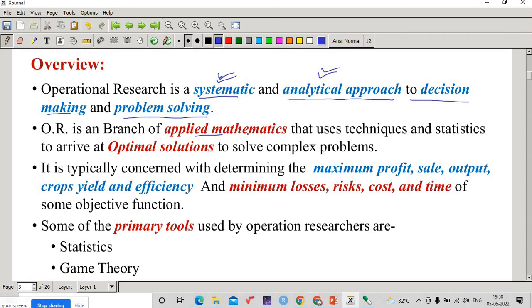OR is a branch of, obviously, applied mathematics that uses techniques and statistics to arrive at the optimal solution to solve complex problems. Now, every now and then we will be dealing with the term optimal solutions, because everywhere we try to optimize the situation. It's typically concerned with determining maximum profit, as I told you earlier. Sell to get the maximum profit, obviously. Output, again we can relate that to maximum profit. Crop yields, in terms of agriculture we can think about, and efficiency, and minimizing the losses, risk, cost, and time